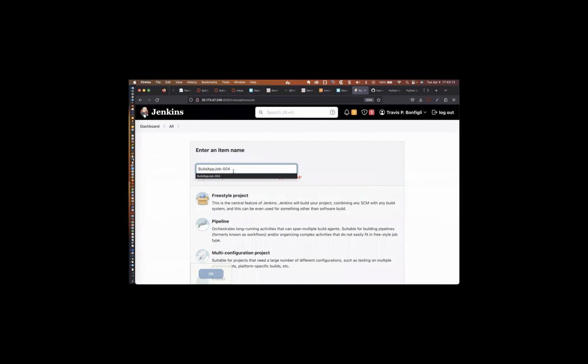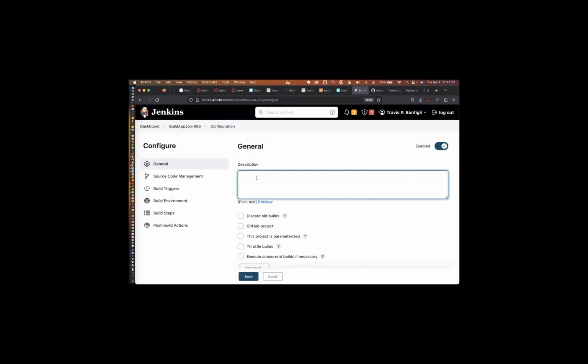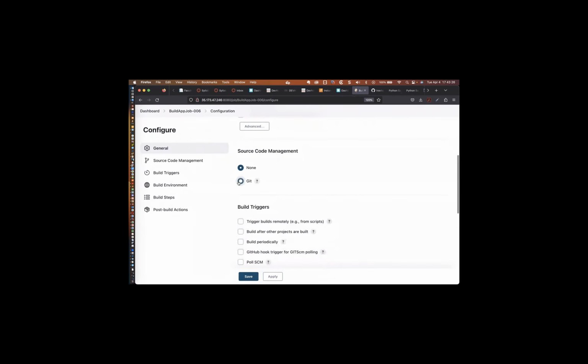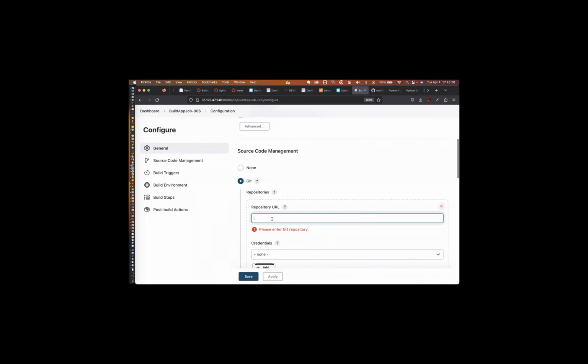Oops, sorry, I'll say 006. We'll call it a freestyle project. We'll click here on OK. I'll put in 006, float down to Git. Remember, this is a build job, right? So we're going to use Git as our source control, and then it's going to be